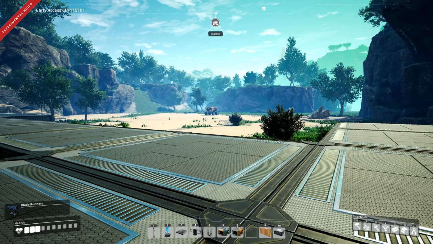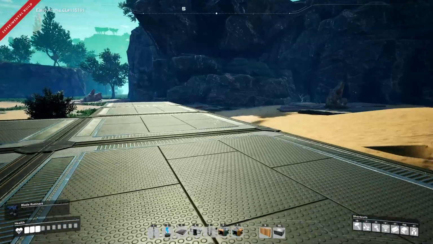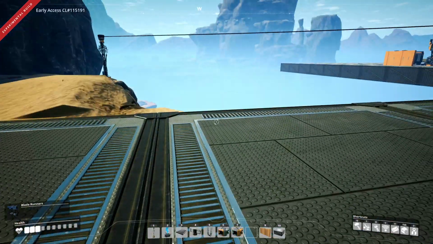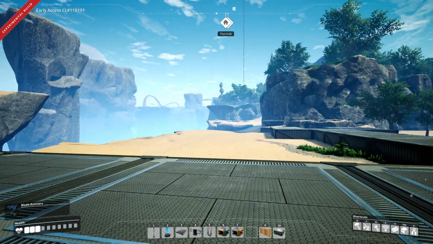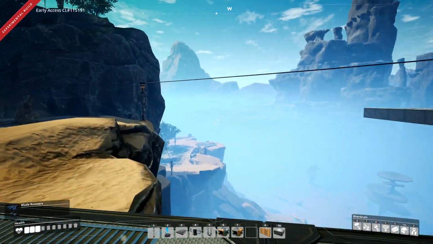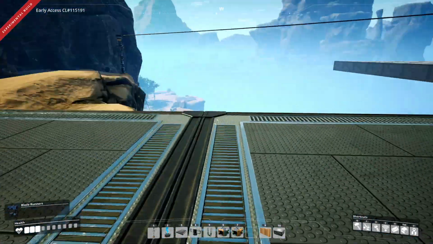Plates and copper. Not even the same categories for iron ingots and copper ingots. So I need to build a smelting facility for iron and then a smelting facility for copper. I might run out of materials, which is very likely, so I'm going to take a trip back. Also,